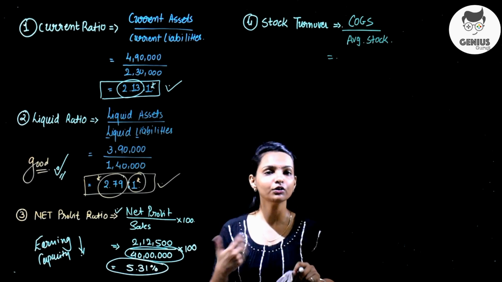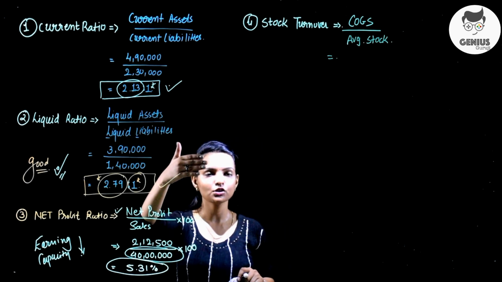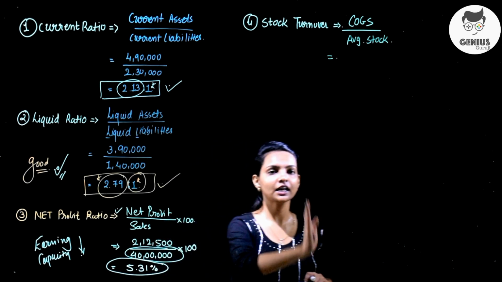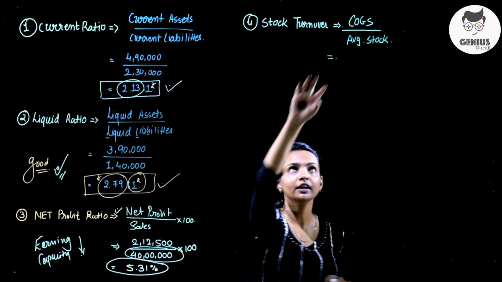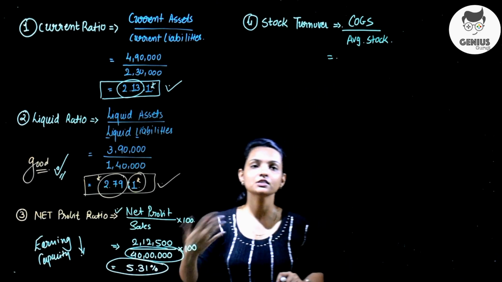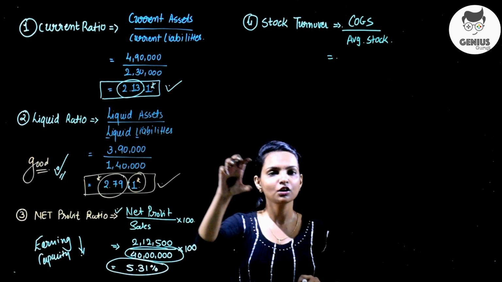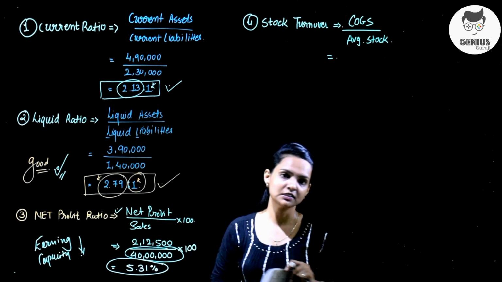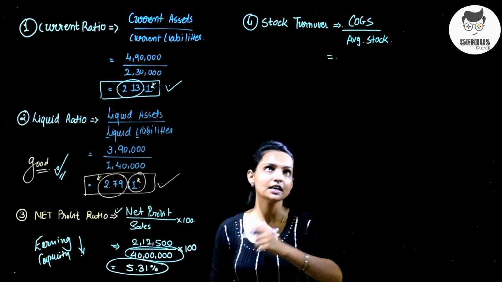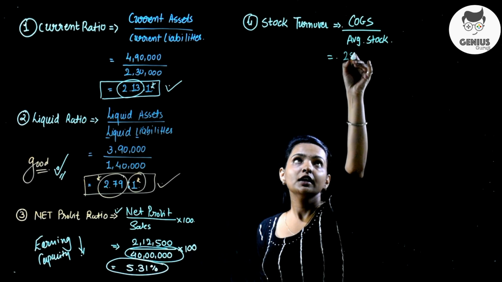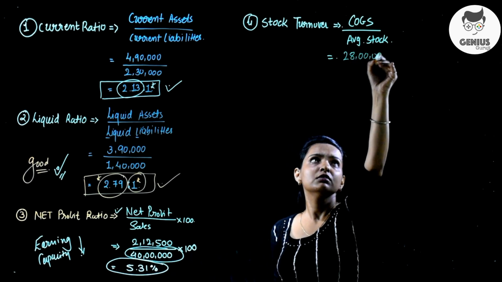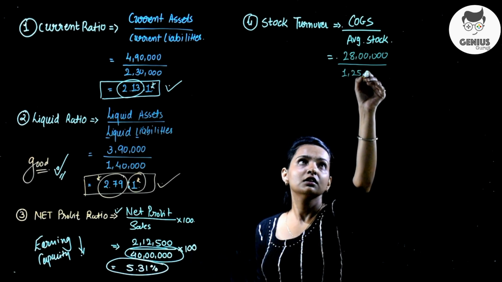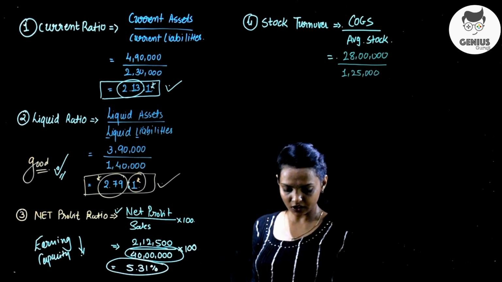If they are not giving how to calculate COGS, ओपनिंग स्टॉक प्लस परचेज के एक्सपेंसेस को ऐड करना है, उसमें से हमें सेल के नेट सेल के अमाउंट को डिडक्ट करना है. You will find out COGS. But another way, an easy way is, cost of sales में से आप GP का प्रॉफिट माइनस कर दो तो आपको COGS मिल जाएगा. That's a short trick. Okay, but in this example they have given 28 lakh rupees of COGS and my average stock is, and this is your working note number 2.